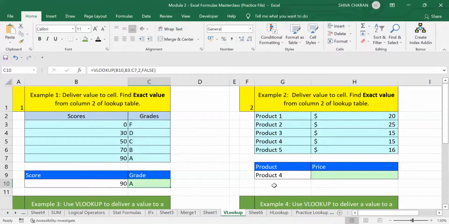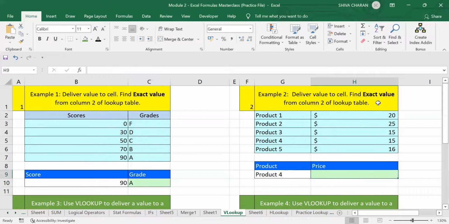Now let's look at another example, where again we will be using the exact value only. Here we have the product IDs and the price for each product. We need to find out the price for product number 4. What VLOOKUP does is scan the entire data from here to here, find the price for this exact product, and replicate that value here. Right. Let's write the formula, VLOOKUP